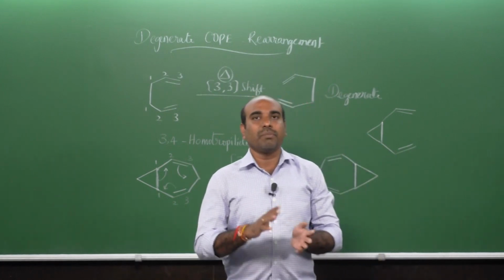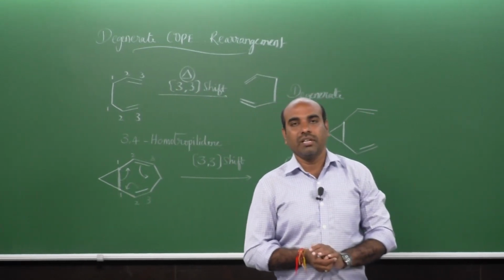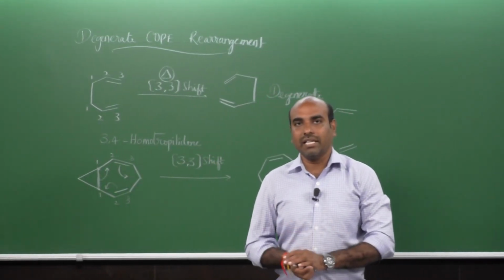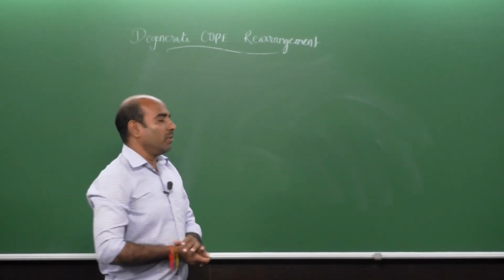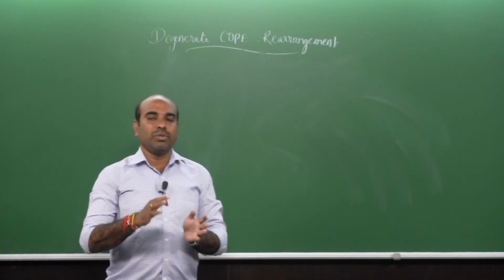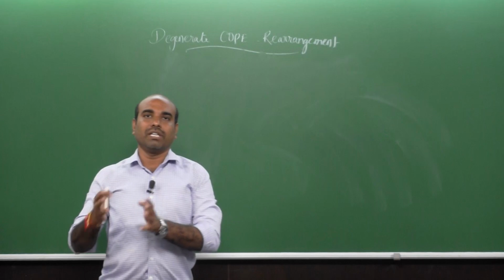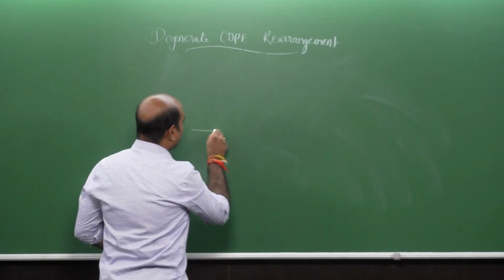So, that is why they prefer to undergo the 3,3 sigmatropic rearrangements via a boat-like cyclic transition state. So, the 3,4 homotropylidene molecule will exist in two different forms. One is the transoid form and the other is the cissoid form. So, if you look into the transoid form,